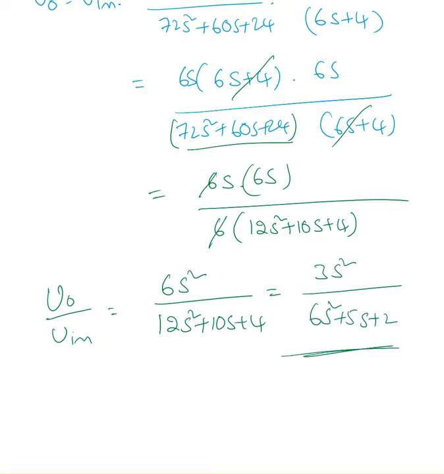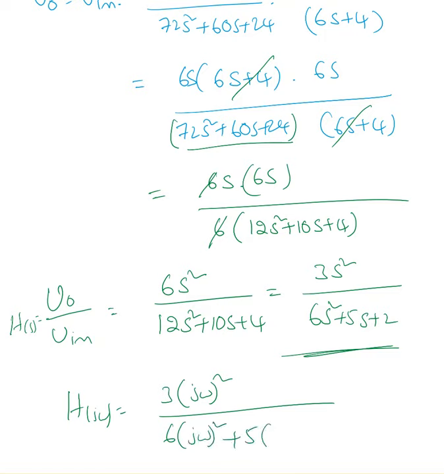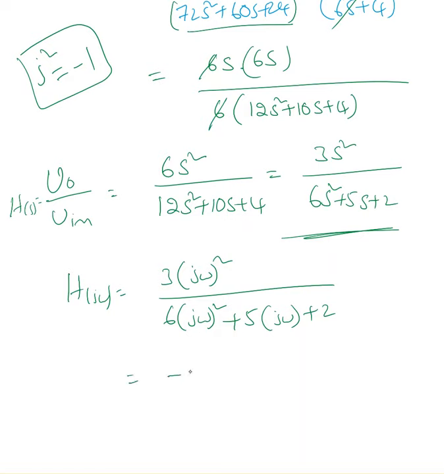Okay, this is the transfer function of the given circuit in the s domain. Now if you want to, you can substitute s equal to j omega. So H(j omega) equal to 3 times (j omega) square over 6 times (j omega) square plus 5 times j omega plus 2. We know that j square is nothing but -1. So if we substitute j square equal to -1, we get -3 omega square over -6 omega square plus